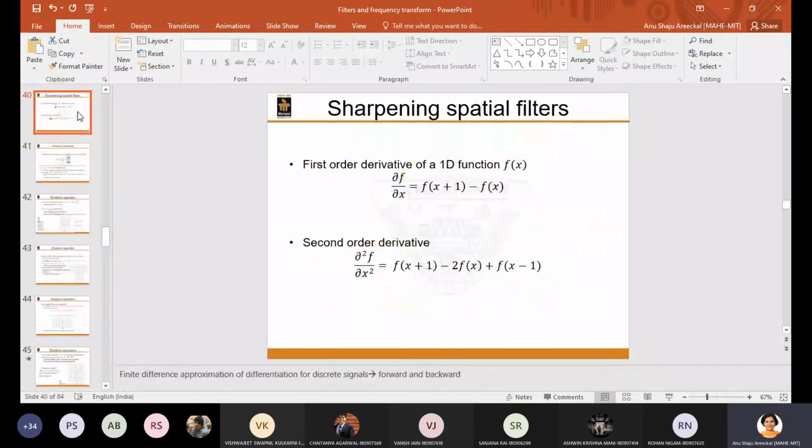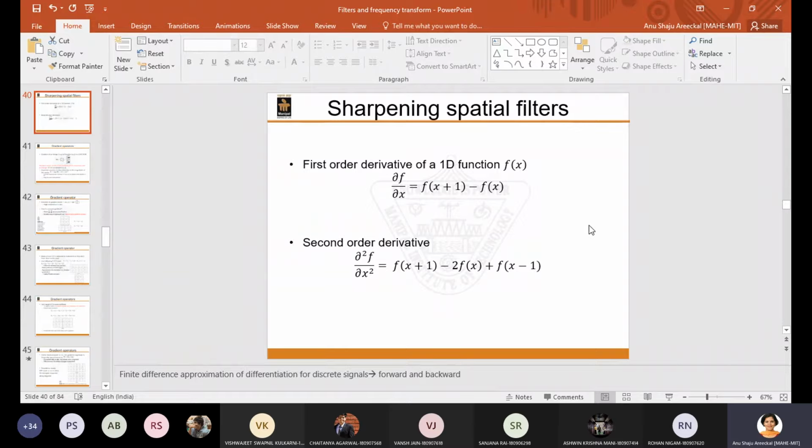Yeah. So in this particular slide, this one is for a one-dimensional function, right? In this one-dimensional function for ∂²f/∂x², how did we get f(x+1) − 2f(x) + f(x−1)? What we had done was we took ∂f/∂x. So ∂f/∂x is obtained by taking f(x+1) − f(x). If you consider 2 pixels, you take 1 pixel minus the previous pixel. Or if our pixel under consideration is f(x), we take the next pixel minus the pixel under consideration, right? And taking the derivative of that further,